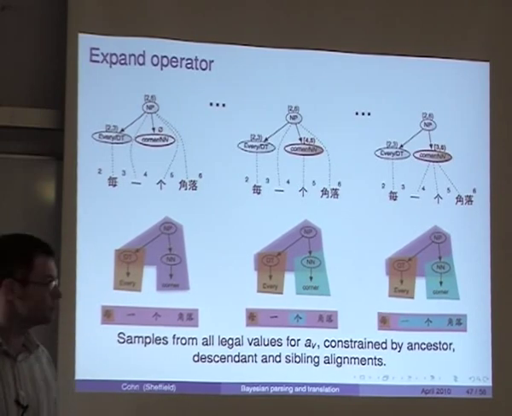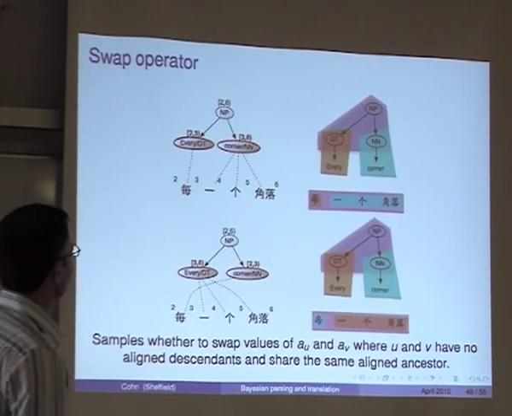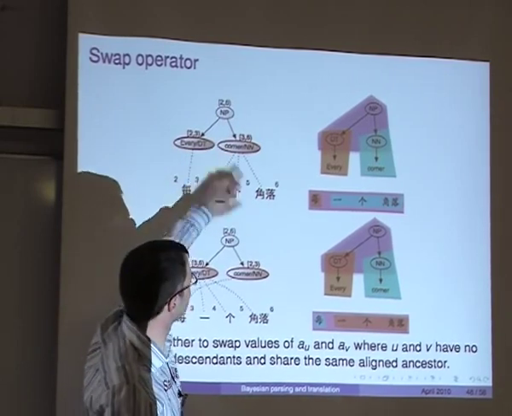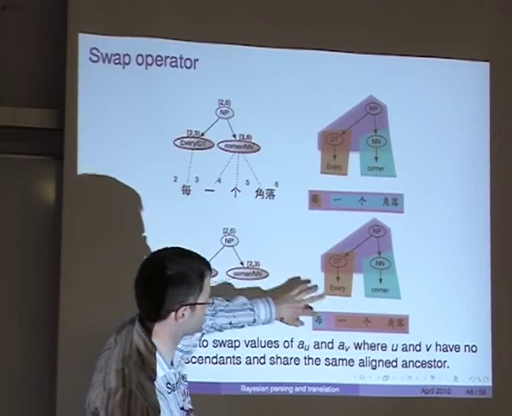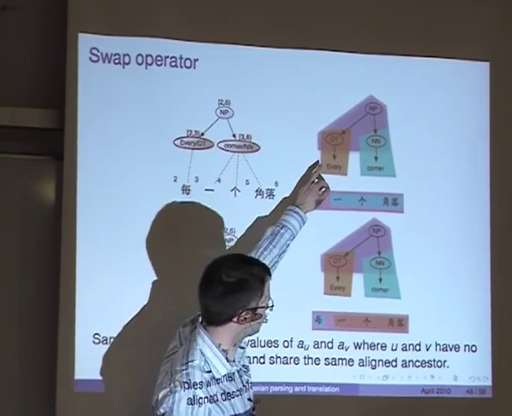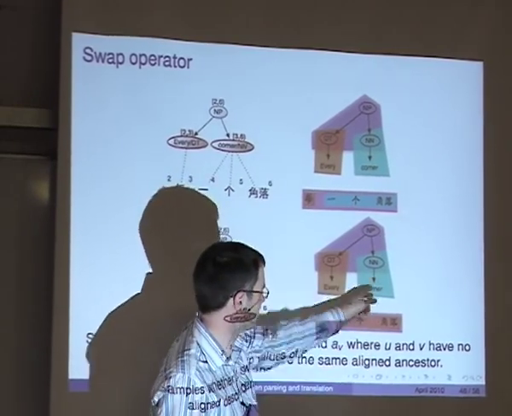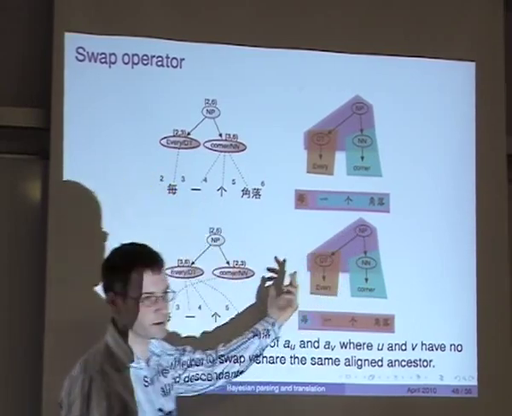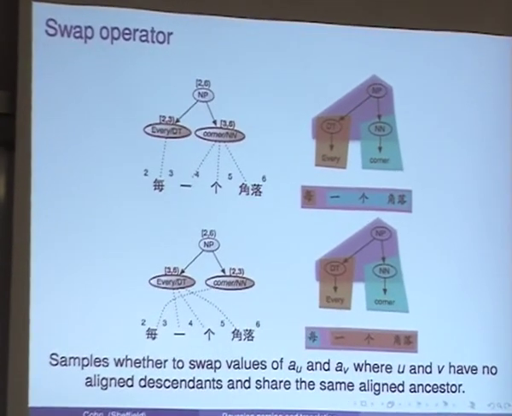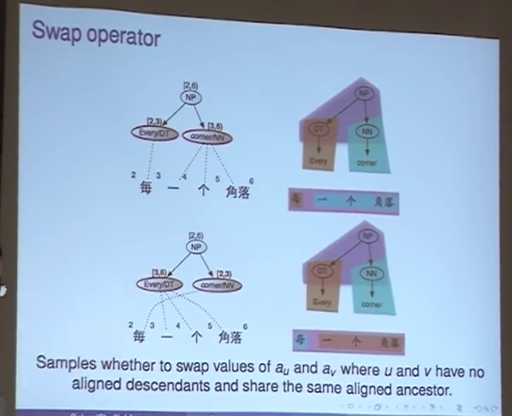Okay, so that allows us to make some local changes. We also had another operator which allows us to make some extra changes. We look at pairs of nodes that share the same parent. For instance, every and corner share the same parent. So what we can do is swap them around. We swap the span 2, 3 with 3, 6, and we end up encoding a different rule. Every and corner being monotone translations, versus every aligning here and corner aligning there, and the noun phrase describing a reordering operation. So we can sample for each of these instances whether or not we should flip. And we've pre-processed our trees to be binary branching, so this operator can apply at quite a few places in the tree.